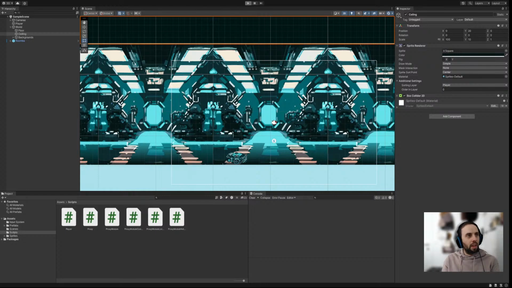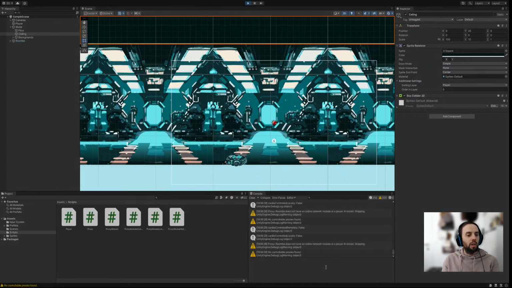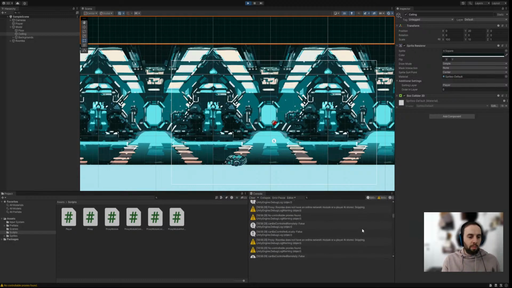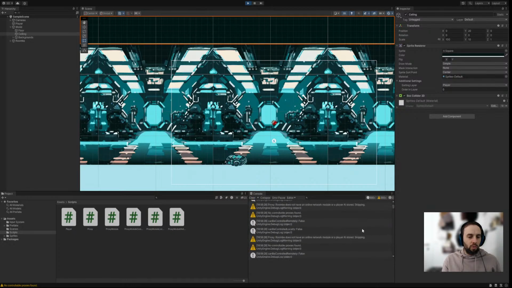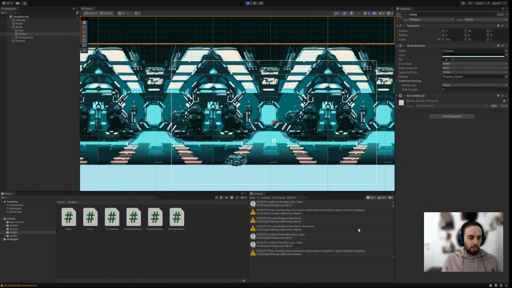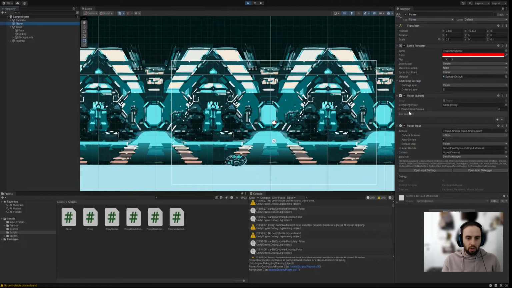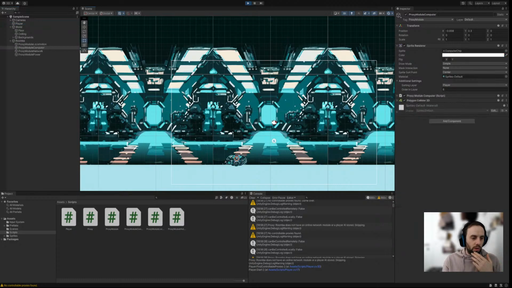But I think we should at least be able to move things. No, that's not true, because none of the proxies are available to move because they're idle. As you can see here, it says does not have an online network module, skipping, so it's not used. We can actually check it here in player. It should be a list. Controllable proxies is empty, even though this proxy